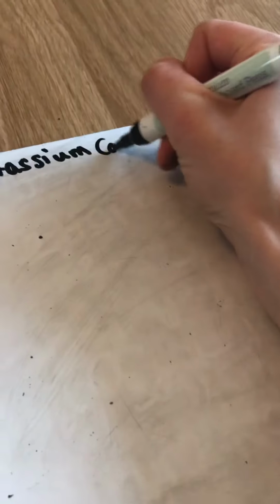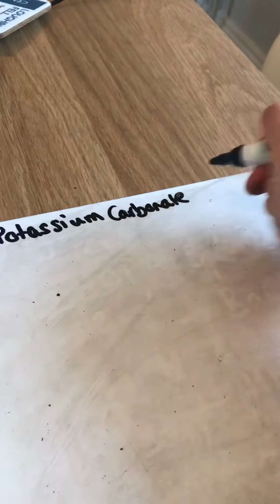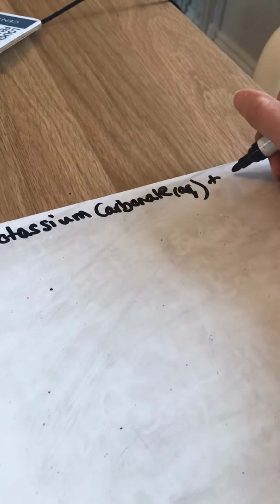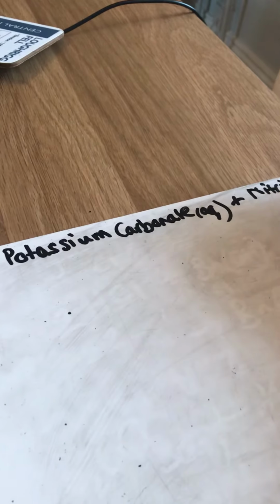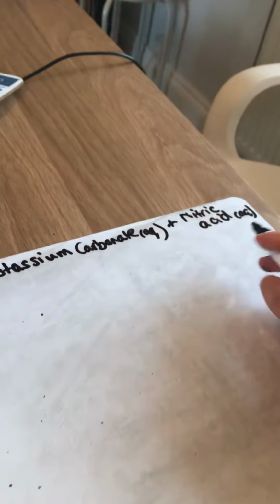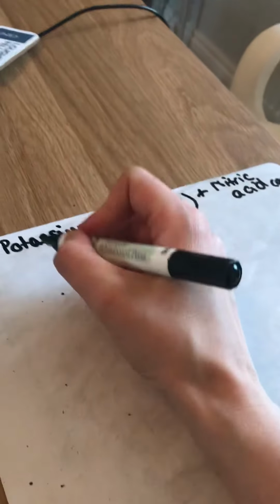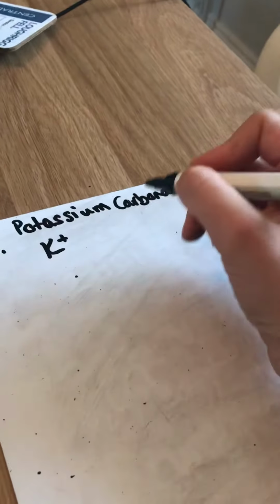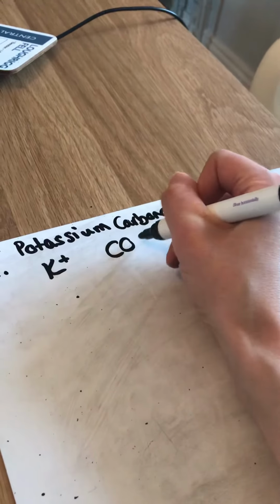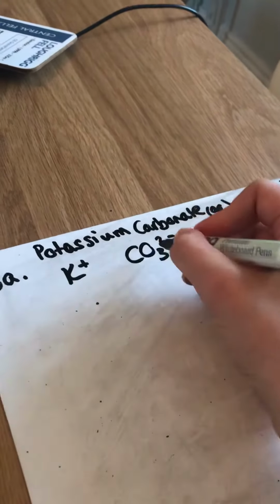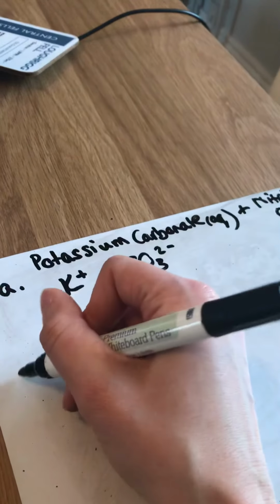with nitric acid. So I'm just going to go over here, potassium carbonate, and that is aqueous, just to let you know because it's in the question, and nitric acid, which is also aqueous. So again, you should be able to write the formula of these two, knowing potassium is in group 1, so it forms the K+ with a 1+ charge. And you should know the carbonate ion, that is one of the ones you need to know, which is CO3 2-. So putting those together, potassium carbonate is